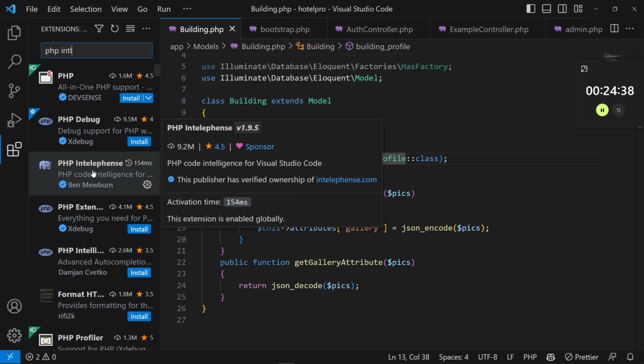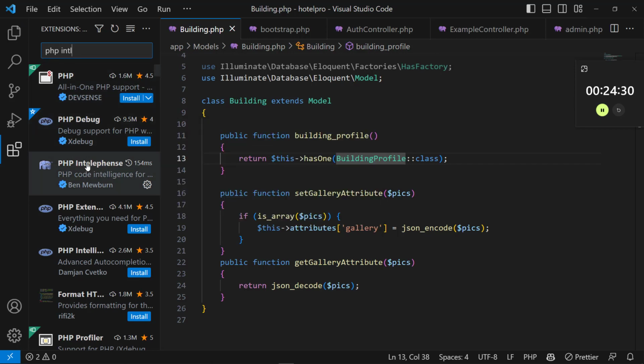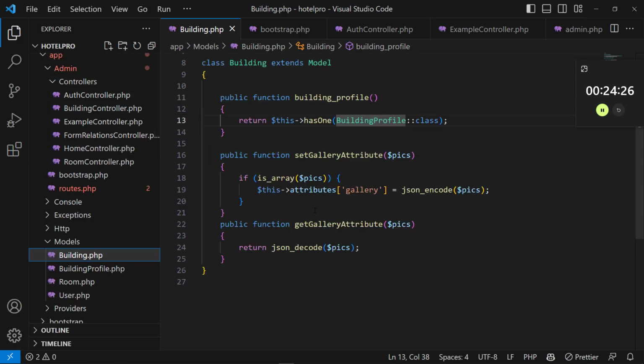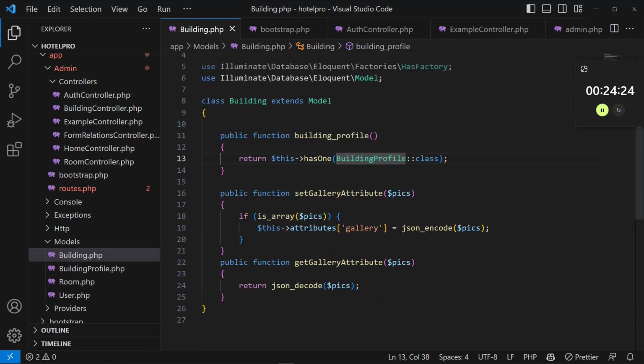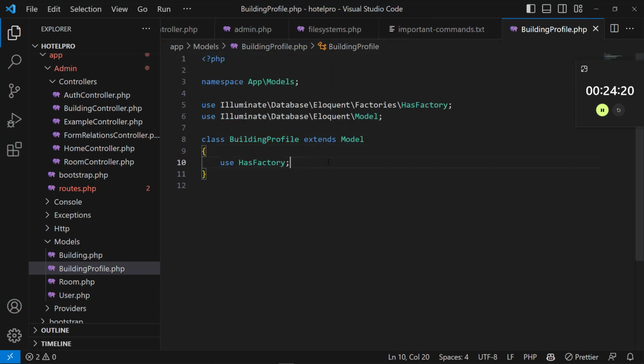Intelligence, I don't know. Interface, may I call it interface? If you add this one, you'll be able to import things, and you'll be able to click on something and it takes you straight to that model. So if you have to add it, it's good stuff. After doing that, I have to go to building profile here, and then we declare that public